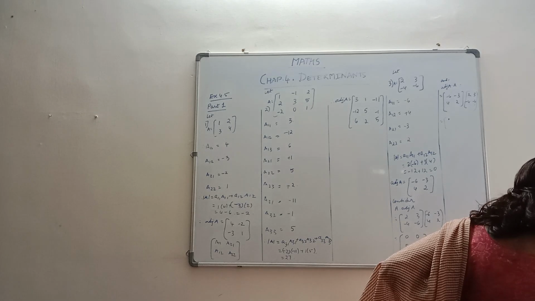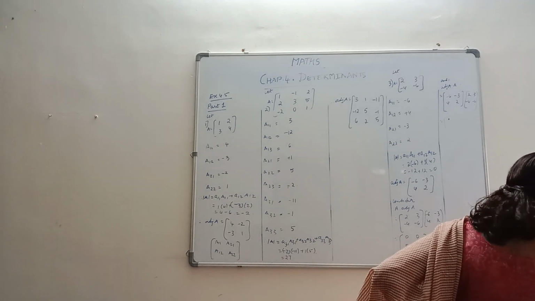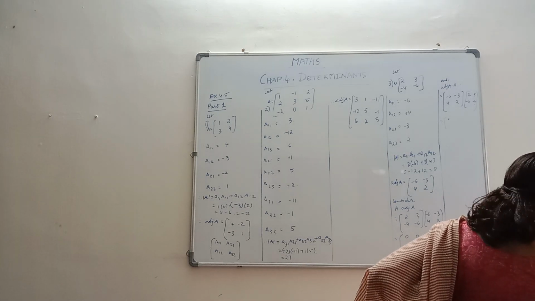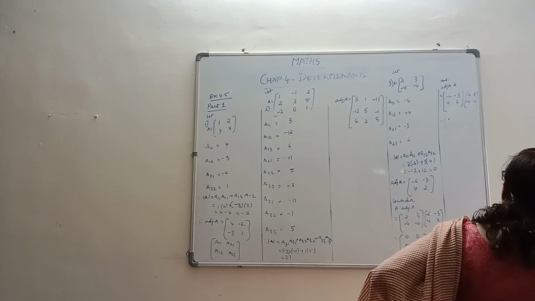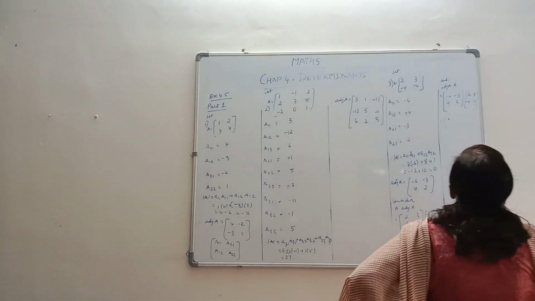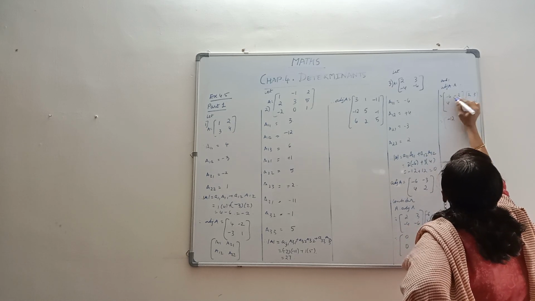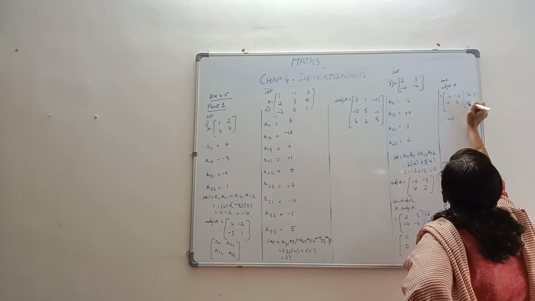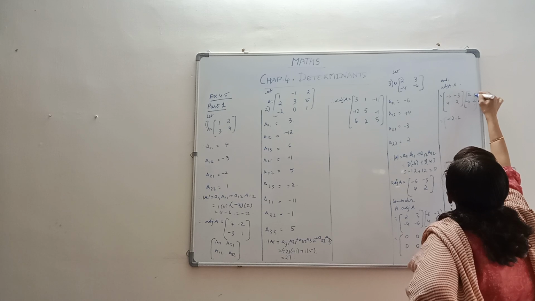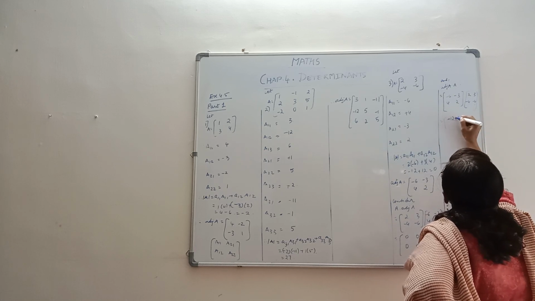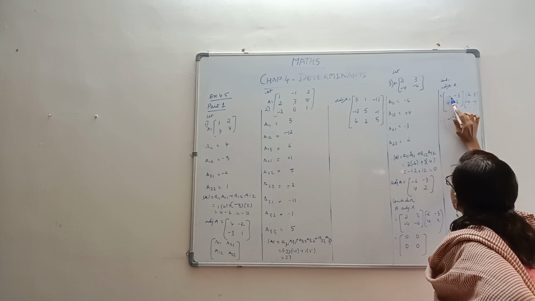What have they asked us? Verify A into adjoint of A is adjoint of A into A, and we are now checking adjoint of A into A. That is minus 6, minus 3, 4, 2 and 2, 3, minus 4, minus 6. Fine. So minus 6 into 2 is minus 12 in the first case, and minus 3 into minus 4 is plus 12. Sorry, plus 12. Yes, I myself was putting an additional minus. That's the problem. Okay, absolutely okay.